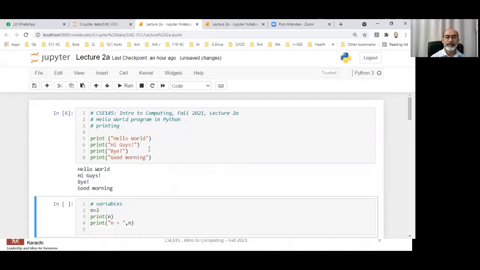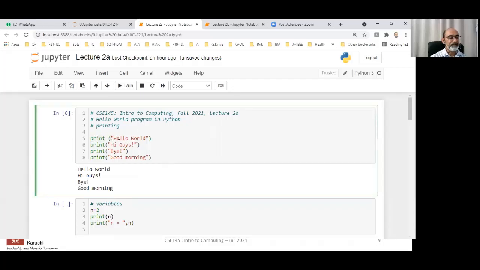So every programming language has a certain syntax, and the syntax over here for the print statement is that everything that you want to print has to be inside the brackets. Okay,